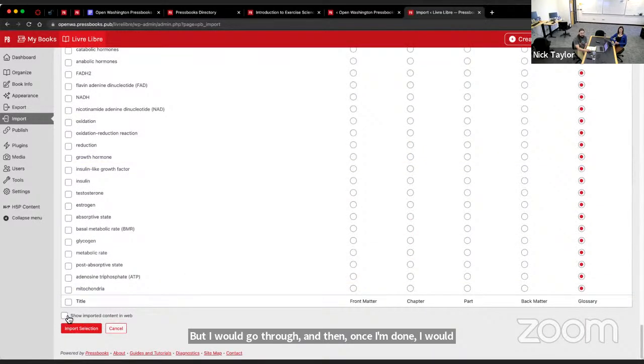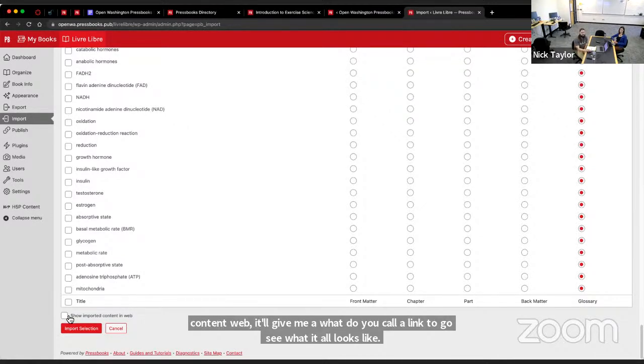And then if it says show imported content web, it'll give me a link to go see what it all looks like once it's imported. So